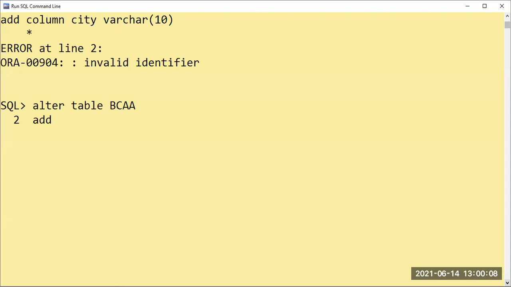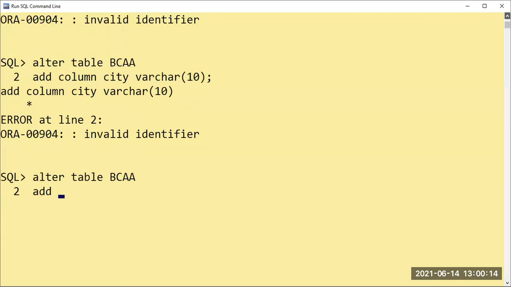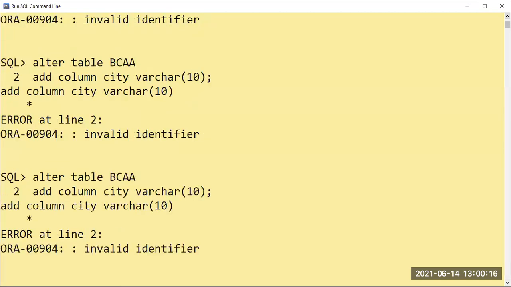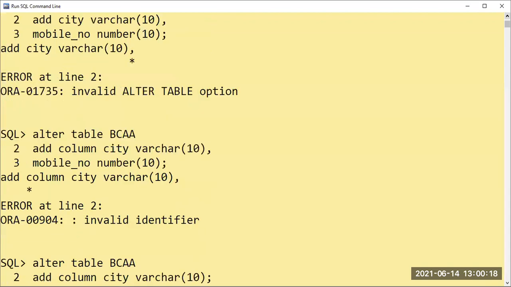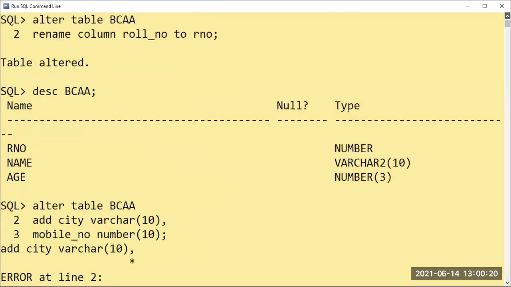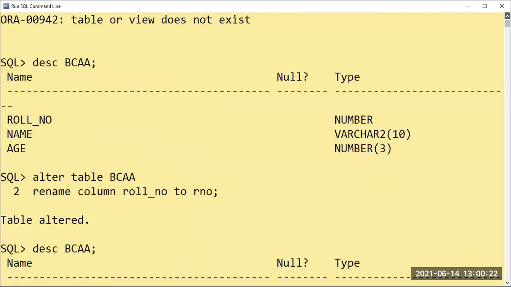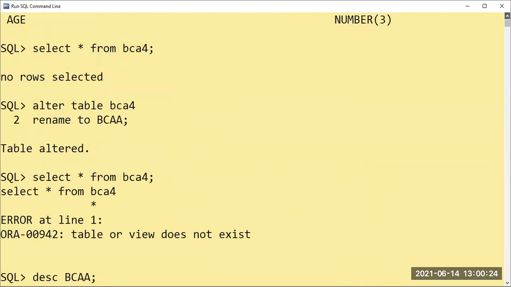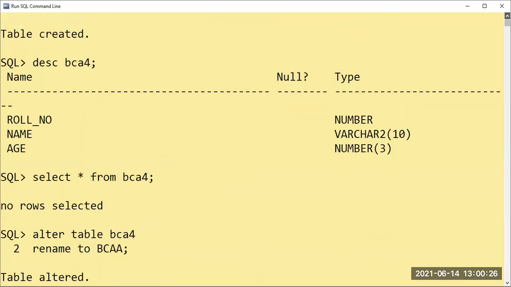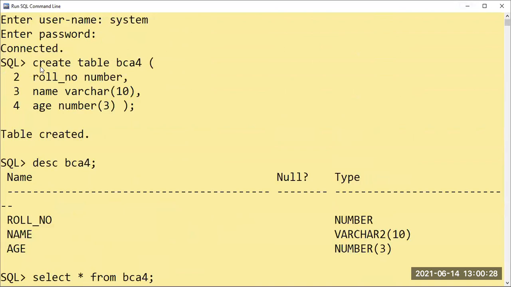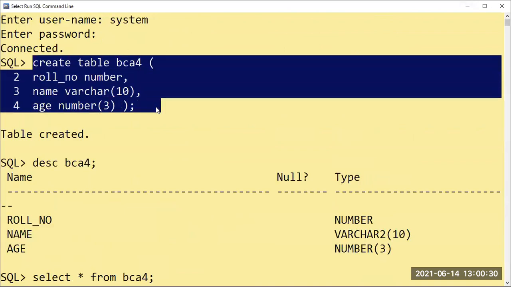Think. Just tell me how you will create the table. I'll go up for your reference sake. With the help of this also, you can give me the idea. Wait, I'm getting up. Okay. Create table. Where is it coming? Yes. Can you see something here? Create table BCA4. What is there?